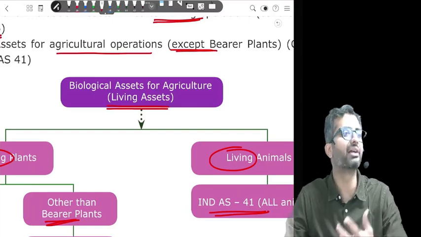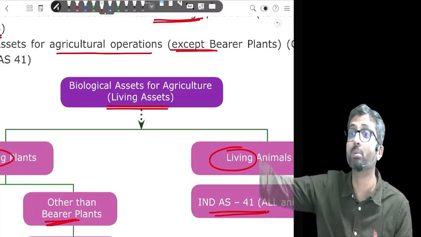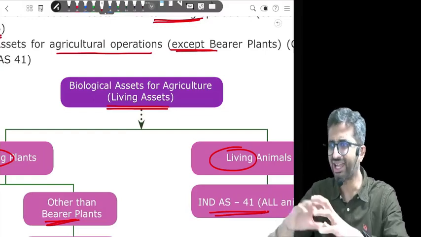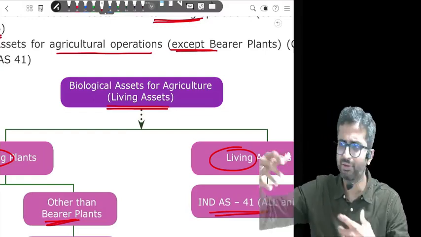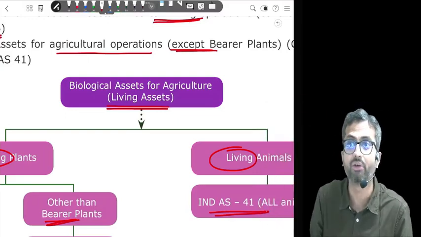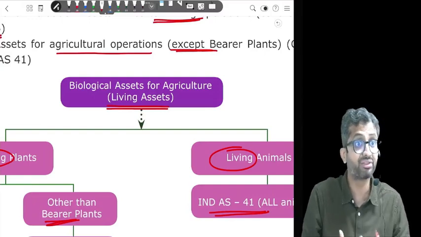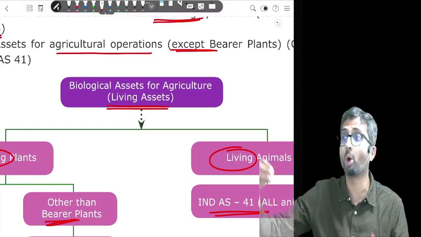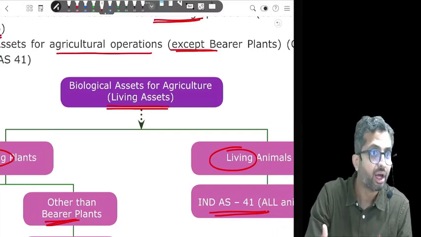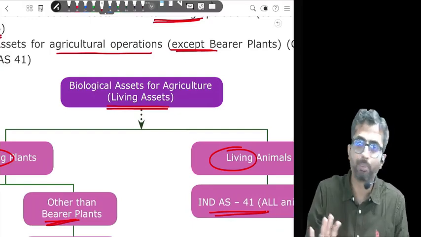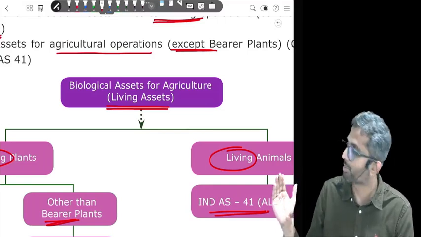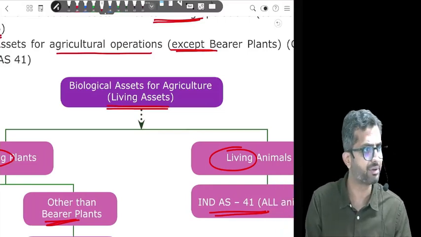Yes, okay. But cattle, for example, if there is a company like Amul, and Amul is having cattle used for milking purpose, is that animal husbandry? Is that within the larger definition of agriculture? Yes, Amul will treat this as a biological asset under Ind AS 41. Are we clear with this? But a security company that has bought Alsatians for security purpose would say that these dogs are not for agriculture purpose. They will go under Ind AS 16. Are we clear with this?